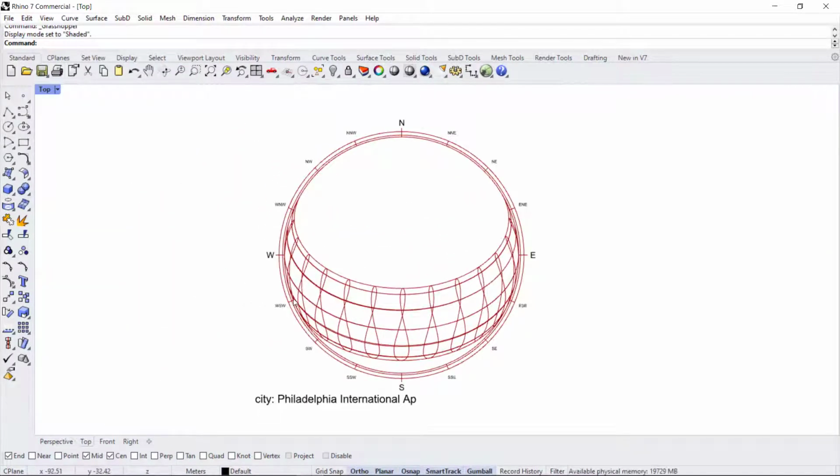And similar to the windrows, you have north, east, south, and west in a compass. And then you have the months of the year in the arches. Because this is Philadelphia, the SunPath is actually showing towards the south, and because we're in the northern hemisphere,